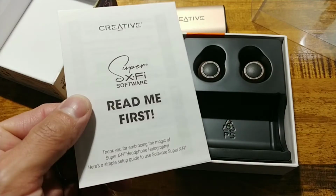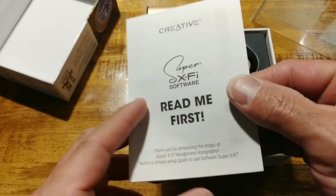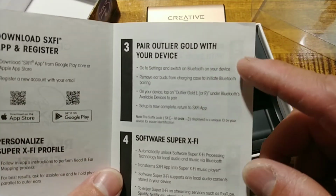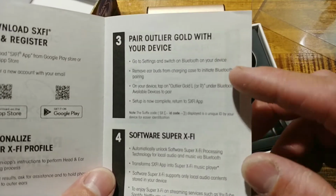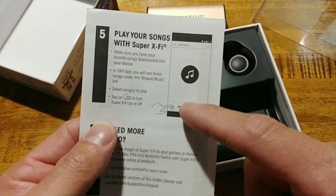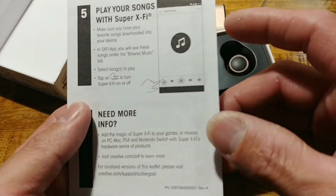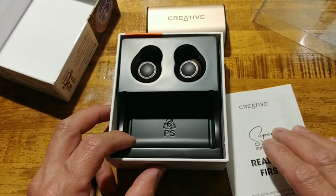Let's take a break for a second. Let me read this over. So after taking a quick look over this pamphlet about the Super X-Fi software, what it is you basically download the app, install it, map your headphones or your earbuds to your ears, and if you want to pair the earbuds just as is, you can go through the normal Bluetooth setting process to do that. But by using the Super X-Fi software, you can then download your music from your streaming services you use or from your computer onto your phone. Use this app, play them back, and obviously it will enhance everything as it needs. So that is about it for that. I will install that on my...